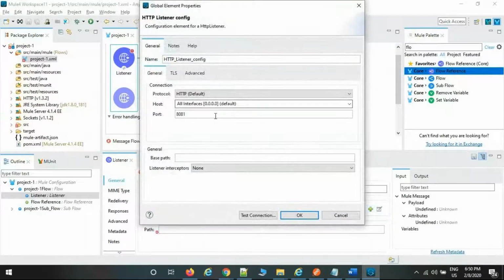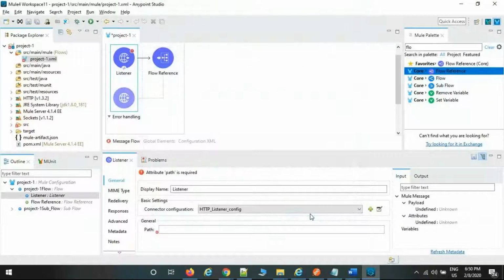Plus symbol, localhost. Okay, by default it is 8081, and if you want, you can change the port number as well. The thing is, by default 8081, if you run the same port number a couple of times, sometimes you face an issue called port already used, a binding issue. Because internally the server is available, if the same port number is running, it is stored in the local registry only. That is the reason sometimes we face the port related issue. To avoid this, change the port number, but in real time they give only one port number and we won't face any issue.